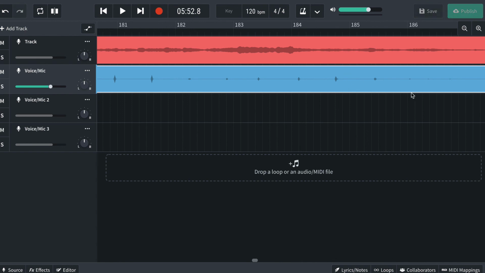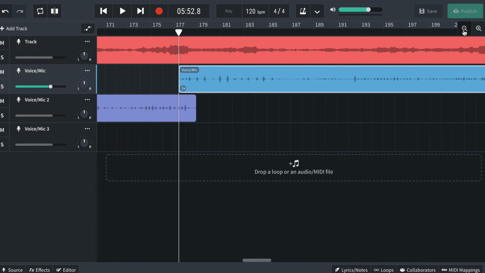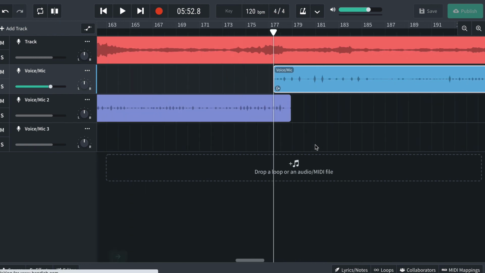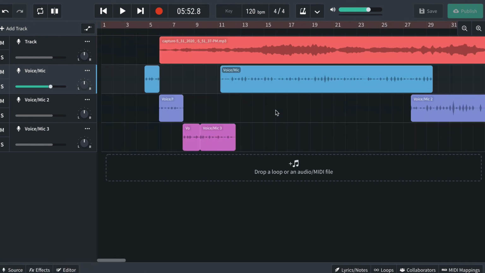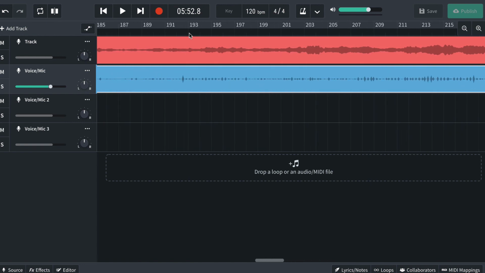So there you go. We got to the end. It took me about 30 minutes to do that right there. And this is probably close to being a finished track. You may want to go through to make sure that some of these transitions